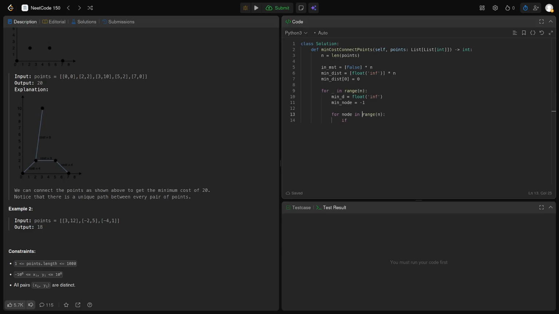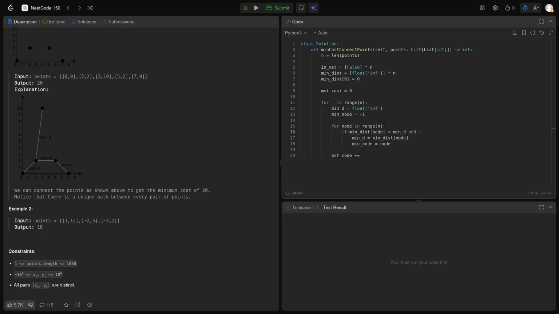so n iterations actually, or n-1, right? And if min_dist[node] is less than min_distance, min_node is node. So we got the node to which there is the smallest distance, so we take that. Actually we want to do n iterations because, right, and then the MST cost is this, and then MST cost plus equals